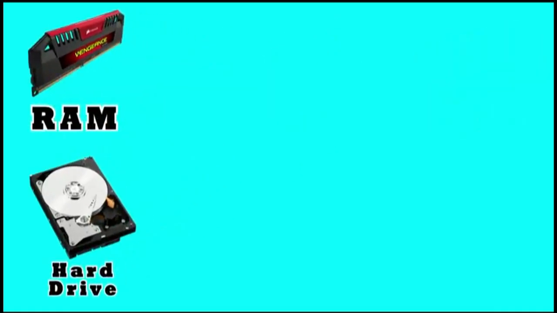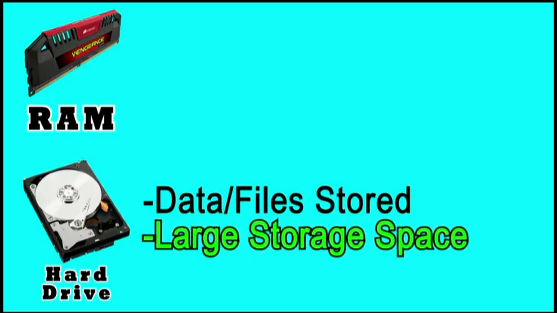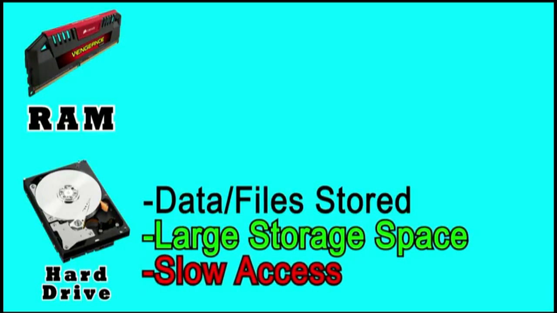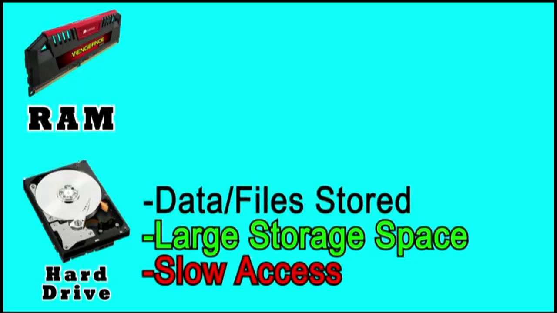Now, let us talk about RAM and hard drive at the same time. Hard disk is the storage unit of our computer. It has a very big storage space measured in terabytes. All the data and files are stored in it. It is a vacuum device consisting of heads and platter. It stores data in magnetic format. Due to its large size, its speed is slow. It has two cables, power cable as well as data cable. Here, the power cable regulates electricity, whereas the data cable supplies data.